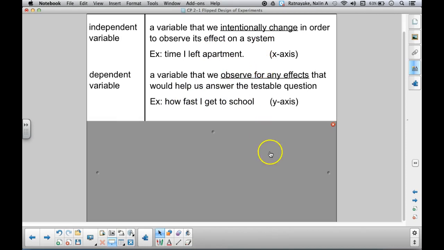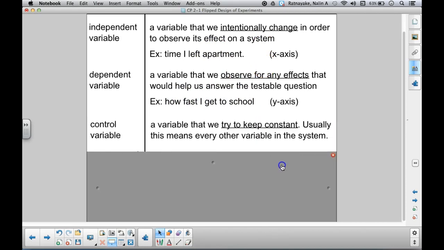Now when I have my independent and dependent variable, I want to make sure that I keep certain other things constant, and we call that a control variable. Usually this means everything else that's related to it. For example, I would not want to change the route I take to school if I'm doing this test. If I left at different times and then measured how long it took me to get to school, but then every time I did that I took a different route to get to school,